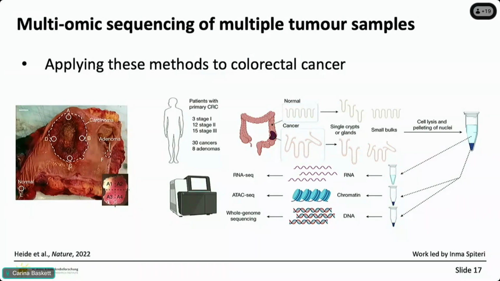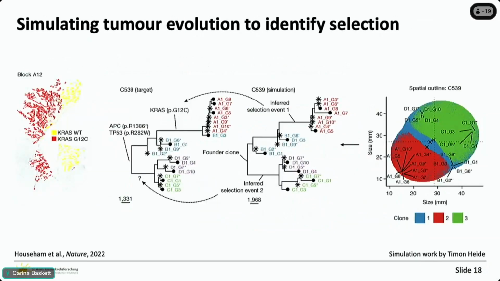And in these different samples, we actually did some multi-omic sequencing. Not for every single sample, but for a large subset, we did DNA sequencing, RNA sequencing, and some chromatin assays as well, which I won't actually touch on. So what could we do with this information across this cohort of 30 patients? Well, one of the things that we can do is create phylogenetic trees and ask ourselves how these cancers are evolving. You can see a nice example here of a lot of different samples from the tumor showing us the phylogenetic history of these tumors. And this is some work from my former colleague Timon Heider, who, through simulation work, wanted to understand, these trees tell us a nice story, but what can we actually quantify from these trees?